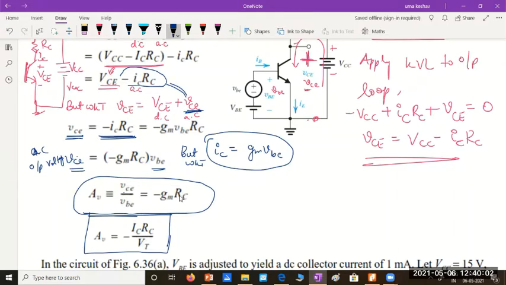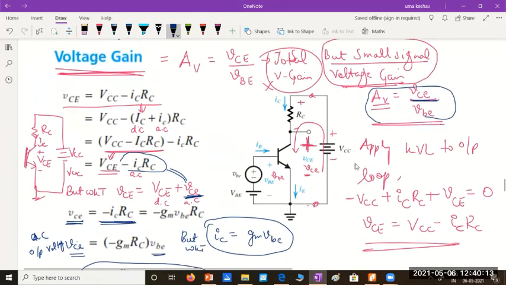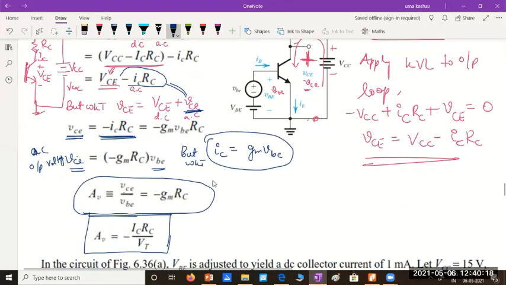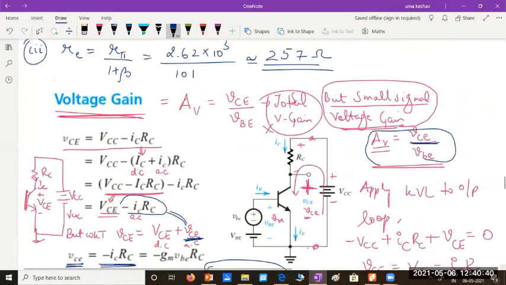See, as soon as you see a transistor amplifier circuit, you should be able to directly mention what its voltage gain would be if you know the load resistance or the collector resistance. If you know this RC value and the bias point, that is IC, knowing IC and knowing RC, I should be able to state the voltage gain. It's as simple as that. It is approximately minus gm into RC. Is that clear? Any doubts with finding the voltage gain of the circuit?